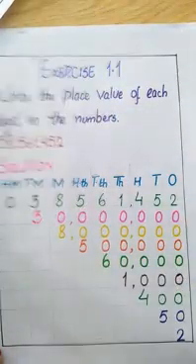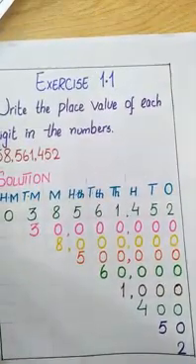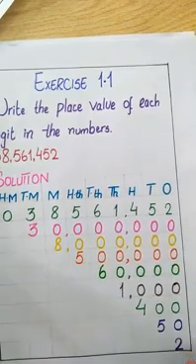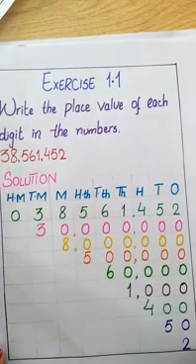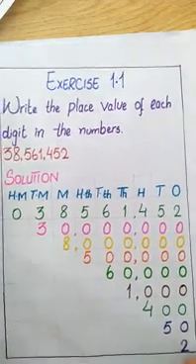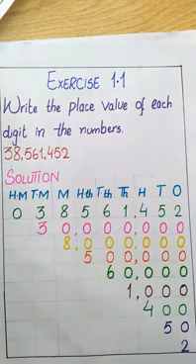Let's start the exercise. Exercise 1.1, page 10. Question number 1. Write the place value of each digit in the numbers. Place value of each digit, we have to tell the placement of each digit. So the first question is